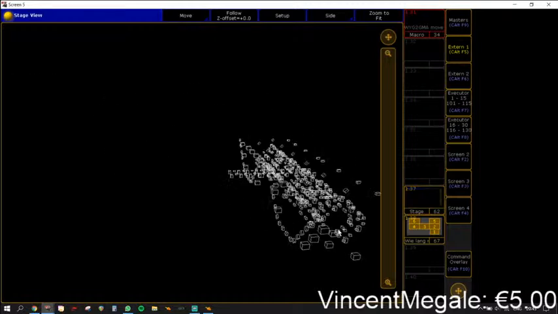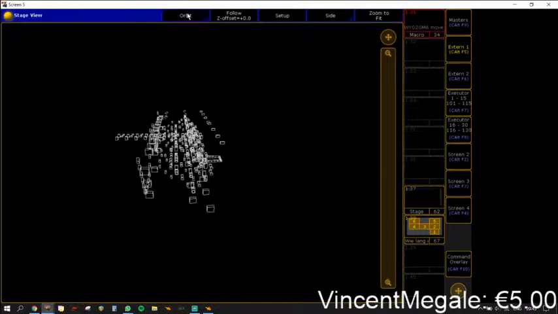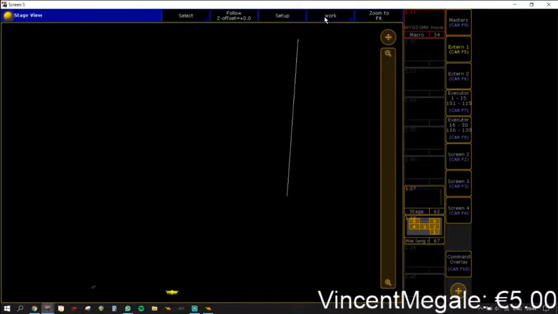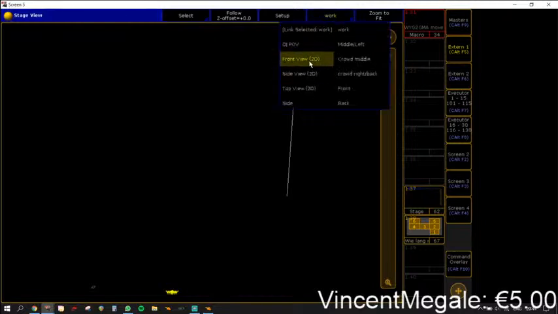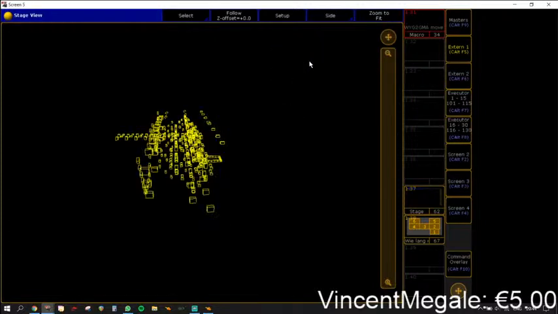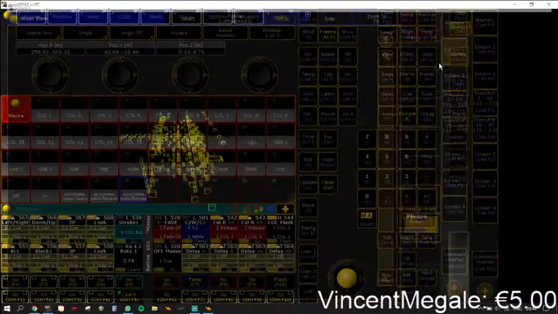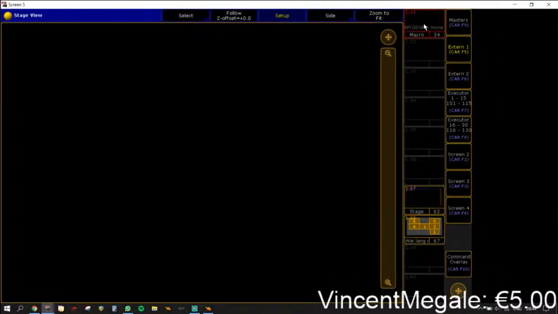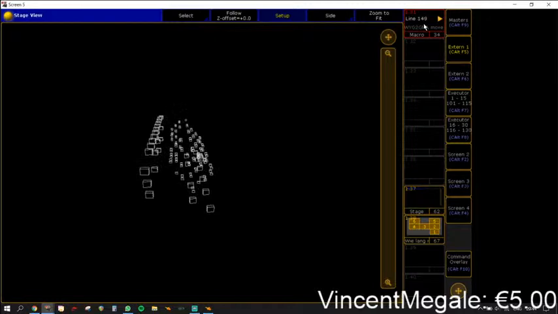Alright, so just to demonstrate how awesome this tool is, I'm gonna reset all of them. No, not this. Maybe oops works. Yes. So setup. I'm gonna put that to 0. I'm gonna put that to 0. I'm gonna put that to 0. And now, as we can see, the stage is gone, and if we click the macro, it will automatically place all my fixtures, which is very important for me